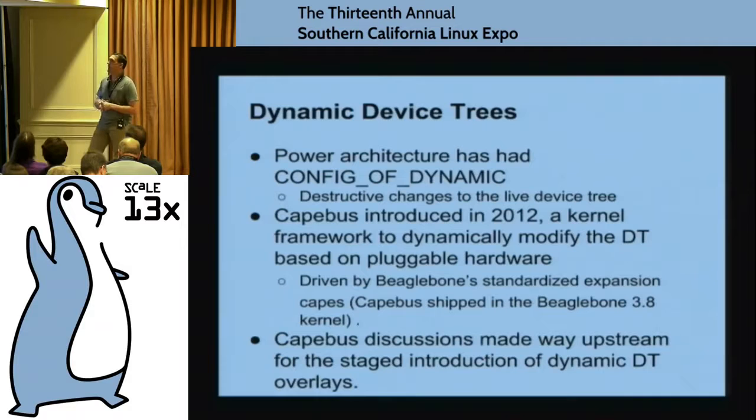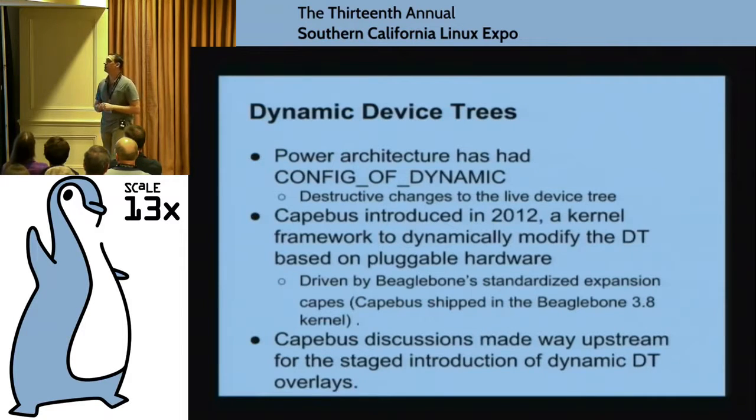days, they actually had a concept of a live device tree. It didn't work very well. They could only make destructive changes to the live device tree. It didn't preserve things and so forth, so it wasn't actually useful. One of the problems is, think about this example I just gave on a BeagleBone or on your Raspberry Pi. It's kind of inconvenient to have to compile and reboot when you're wiring something up